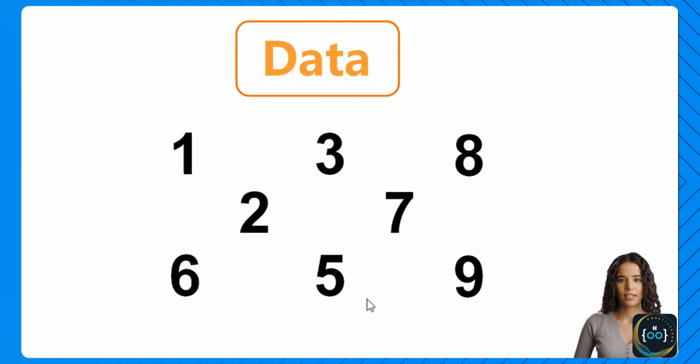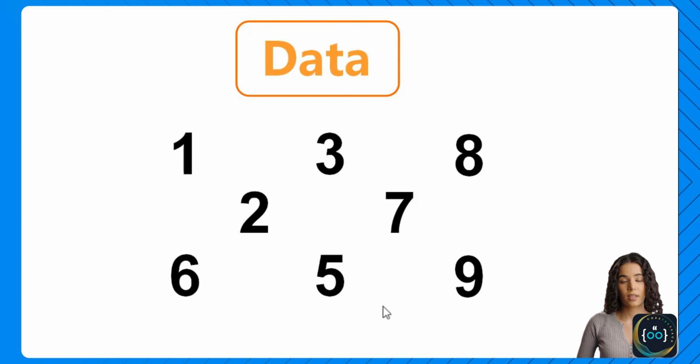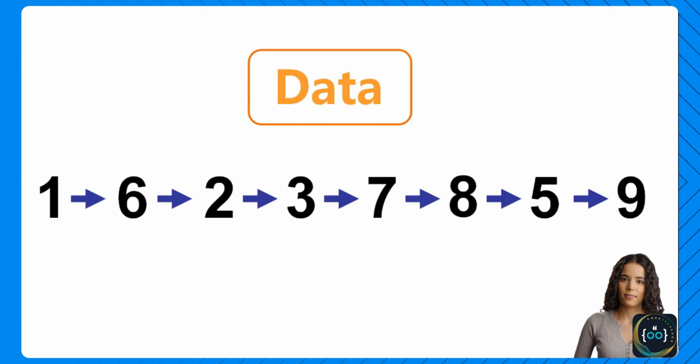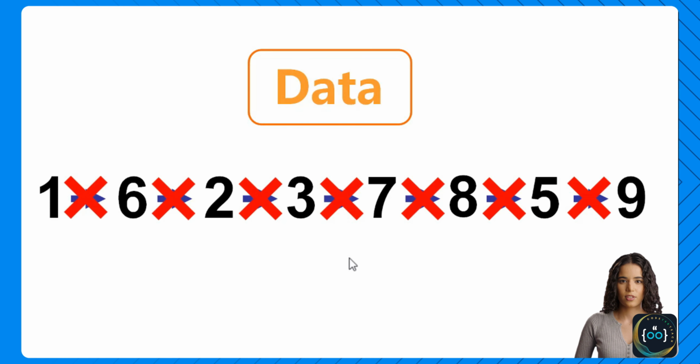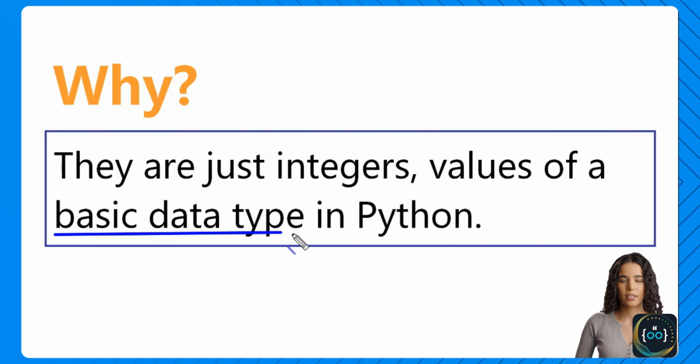Remember that data structures have connections. This is a key characteristic of data structures. Their elements are connected in a particular way. But we simply can't connect these elements directly. Why? They are just integers. They are values of a basic data type in Python. They are simply values. They do not have those special properties or capabilities of making a connection with other values